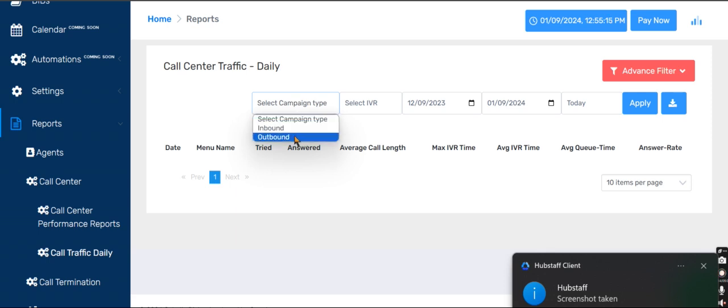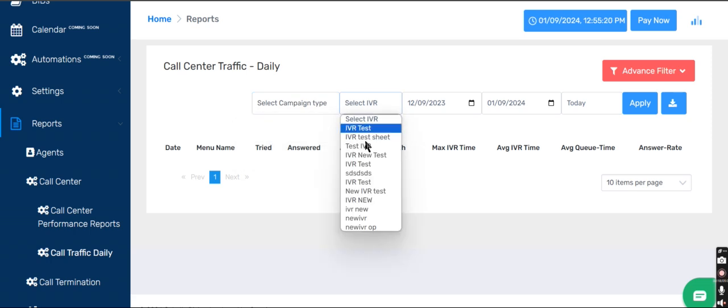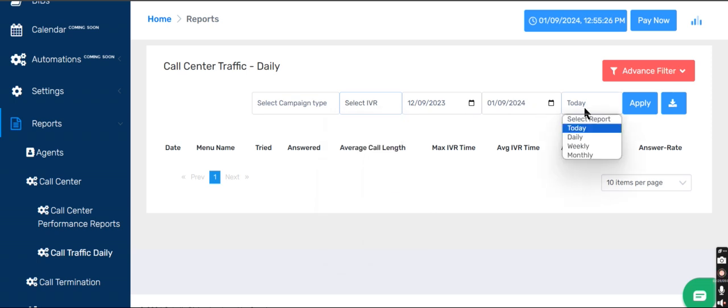From here also the user needs to select a campaign type, that is inbound or outbound, and then select IVR from this list, and then start date and end date. In the same way the user needs to click on the select report fields. On the basis of that this report will be generated. The report can also be downloaded from here.